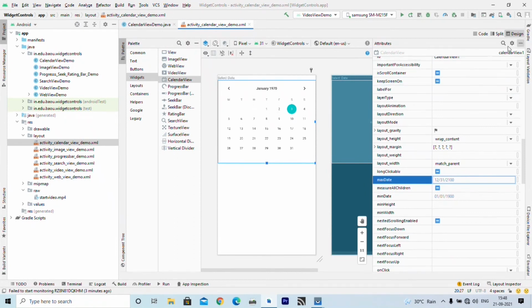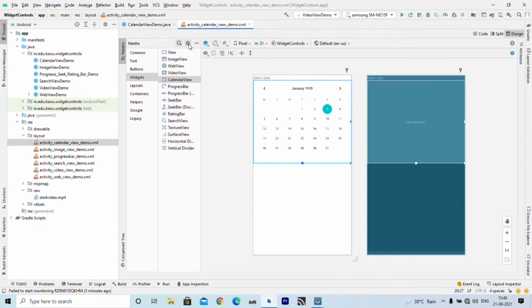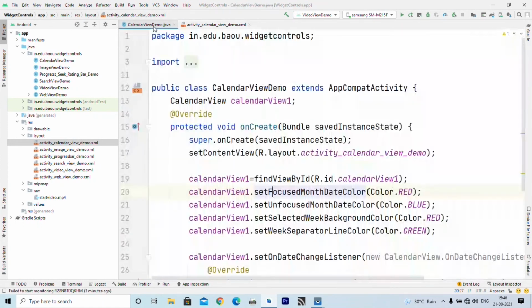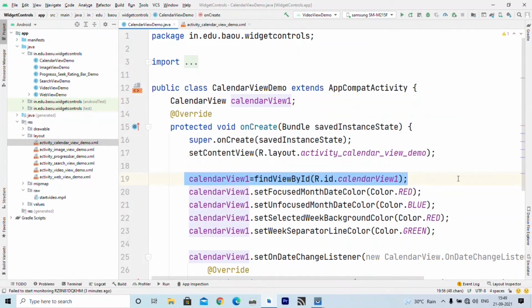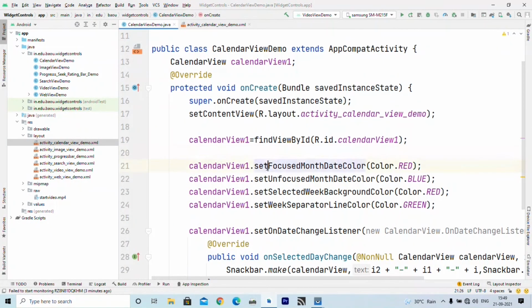Now next we want to understand our Java file. So let us go to the Java file. This is our Java file. Here we want to reference only one control, which is calendar view, and the name of the object is calendar view 1. Here I am initializing calendar view 1 with the corresponding layout control, and this is how we can set different colors for the calendar view control dynamically.